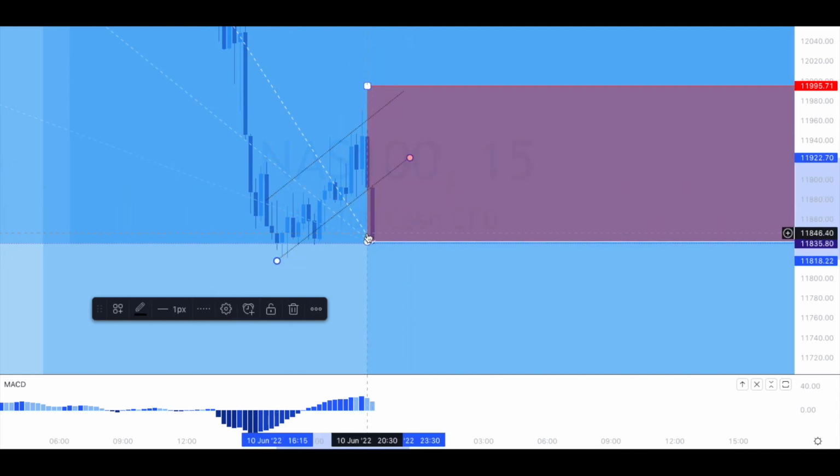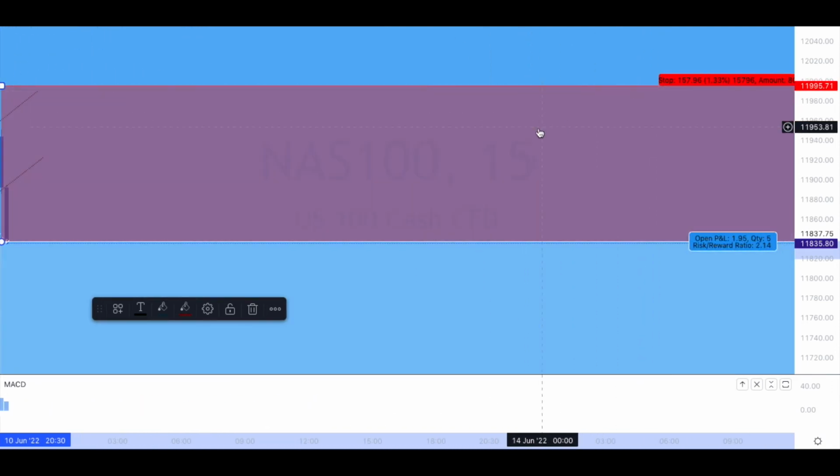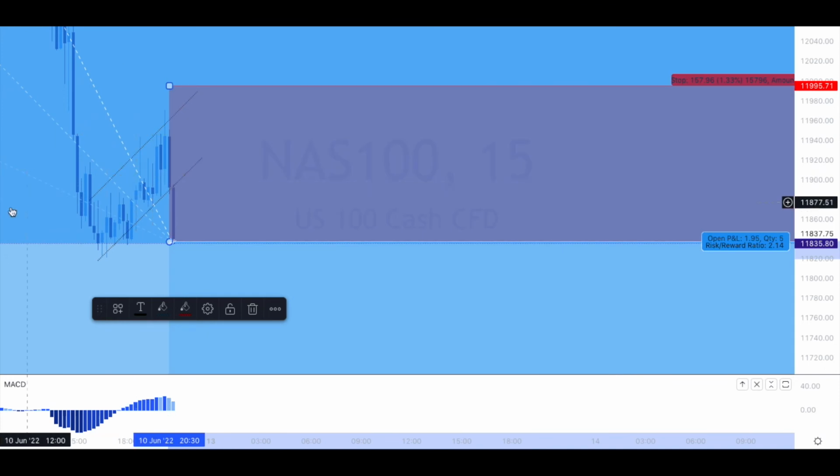So I've looked at that. Price is pushing down. Okay. I've calculated the stop in this area. 157. I can work with that. Right? And if you zoom out,